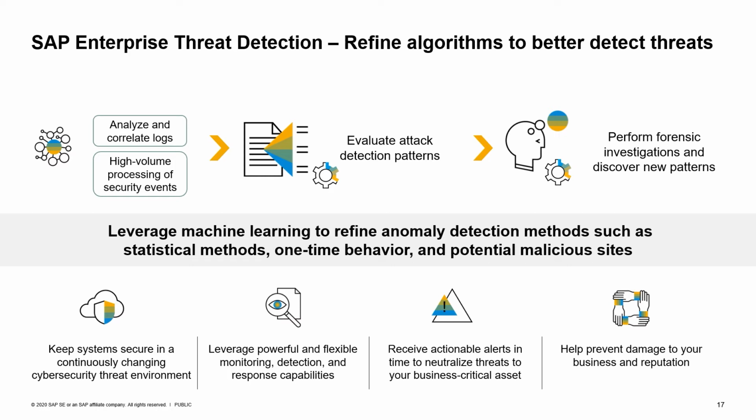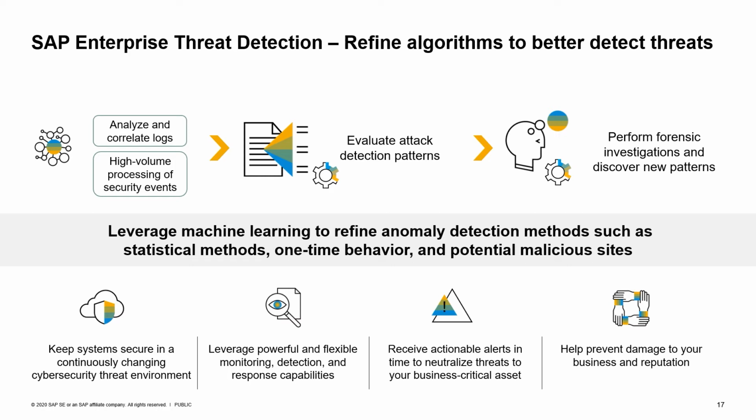It's a HANA big data solution, so it runs an in-memory database that does very high volume processing against these attack detection patterns to see if there's any threats happening real time within the SAP system, and then alerts based on those attack detection patterns to either the security analysts so that they can look further into the SAP system, or they can send an alert out to a security incident and event management tool like Splunk, ArcSight,